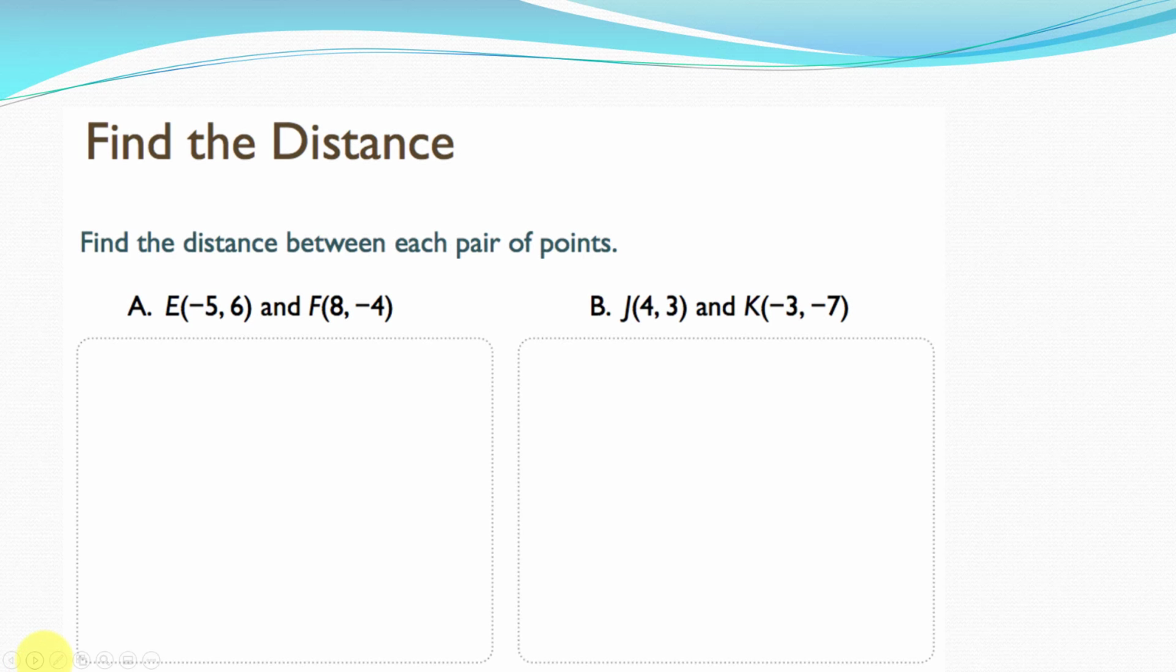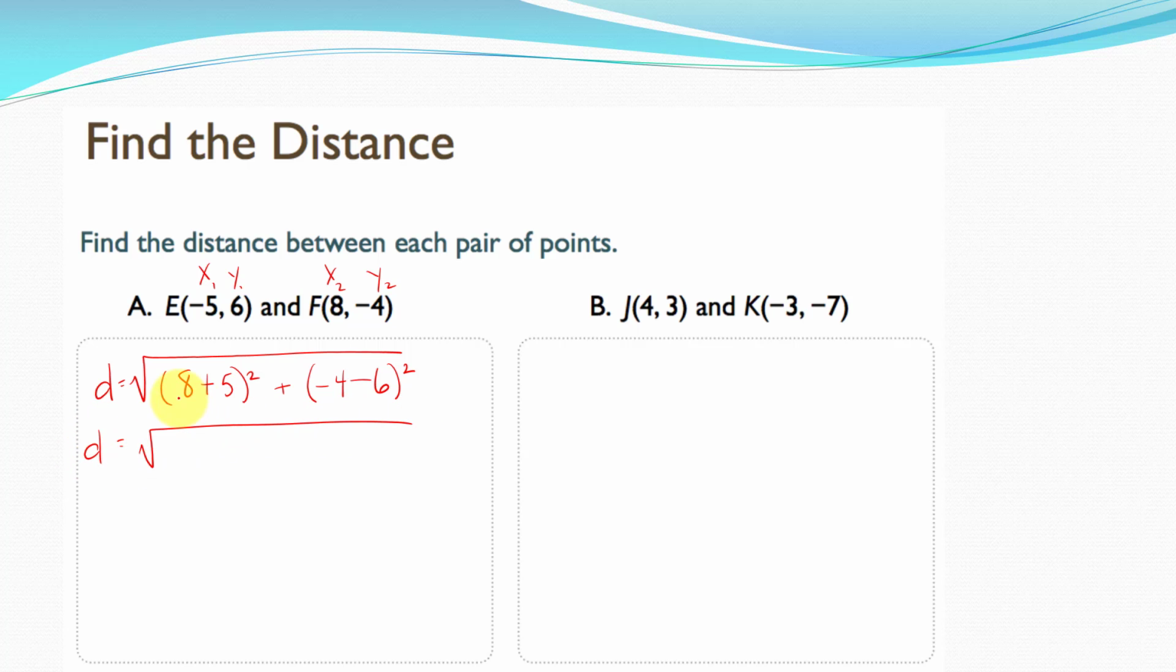All right, we'll do another example. Let's take this one. We're going to plug it into our distance formula. x1, y1, x2, y2. All right, so x2 minus x1, 8 minus negative 5 squared, y2 minus y1 squared. 8 and 5 is 13 squared. Negative 4 minus 6 is negative 10 squared. 13 squared should be 169 plus negative 10 squared is going to be 100. And we get the square root of